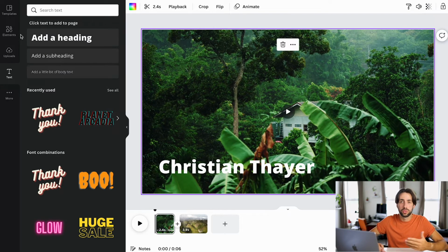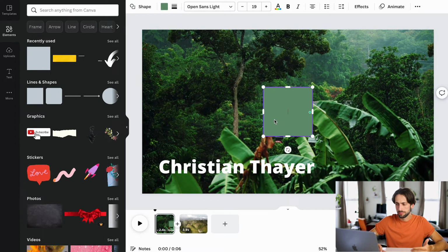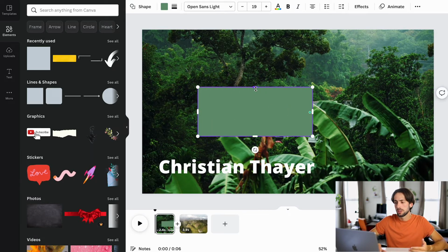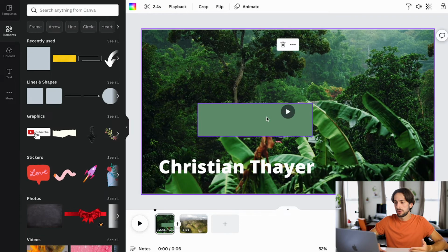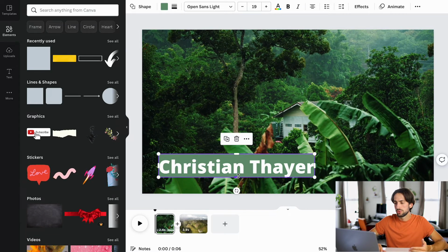There's another thing that we can do to spice it up a little bit more: we can throw a rectangle behind it just to make sure that it's not being lost with the footage. So just for the sake of this, I am going to grab this square. All I did is click it there and it imported it into the video, and I'm going to make it so that it fits behind my name, like so. It's a little tight. Doing a little bit of that.